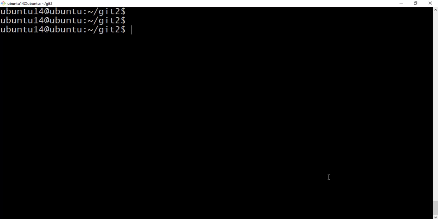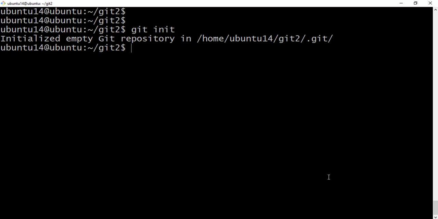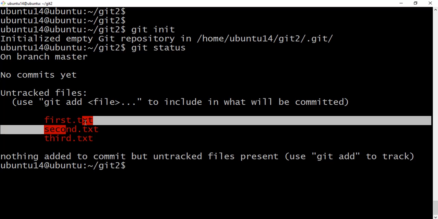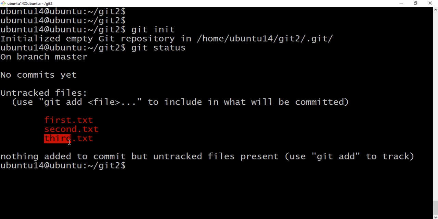The same command we need here also, because in any new folder we need to do git initialization before performing any git commands. Git init. Now git initialization is done. Now we can check the git status. Here: on branch master, no commits yet, and untracked files: first.txt, second.txt and third.txt.